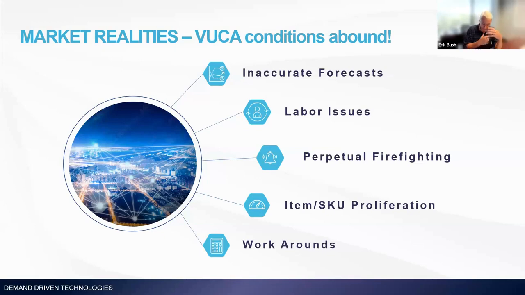While all of this has been going on, companies are trying to find ways to compete in their various markets, and inevitably that leads to more items and more SKU proliferation. So that makes it more challenging with a less experienced workforce, and at times a shrinking workforce, because often companies look at supply chain planning as an expense item. They figure that if they can shrink that cost, they will get some more profit out of it. So you've got fewer people trying to deal with more challenging conditions and more items at the same time, and it makes for a very, very difficult environment. And then obviously every company has its own workarounds, things that they're doing to try to alleviate some of the limitations that they have in their software environment.